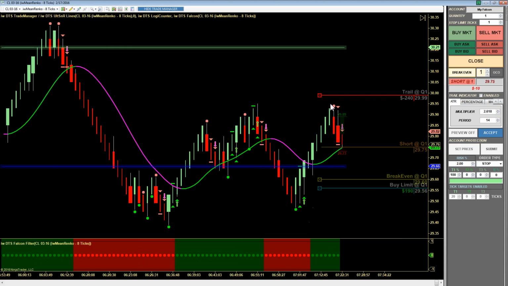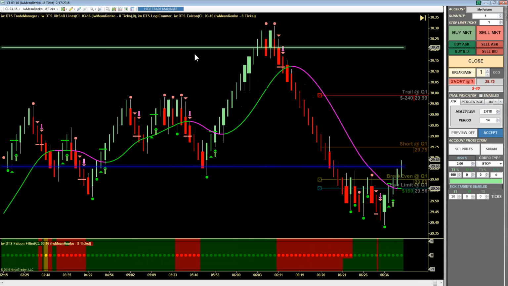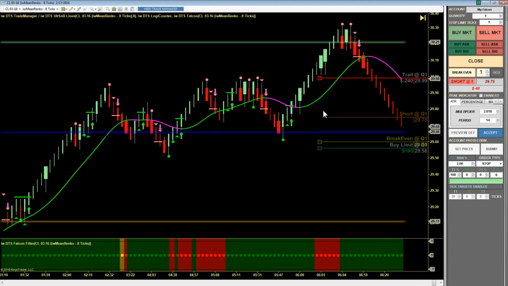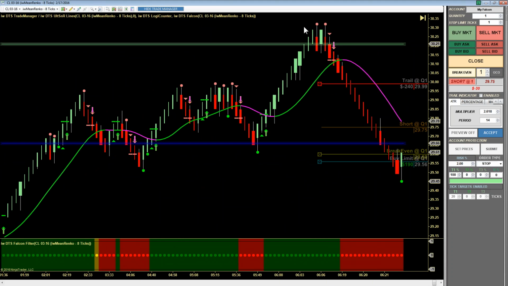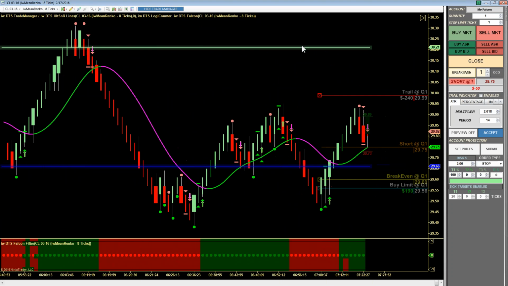All right. The double dot occurs when a trend is about to reverse. See here? Double dot. Now you don't just blindly buy and sell double dots. You need some structure with it. See, we have lots of double dots here, but the market did not reverse. It ended up reversing from up here. What you want to do if you're going to do a double dot trade is you want to be able to tie